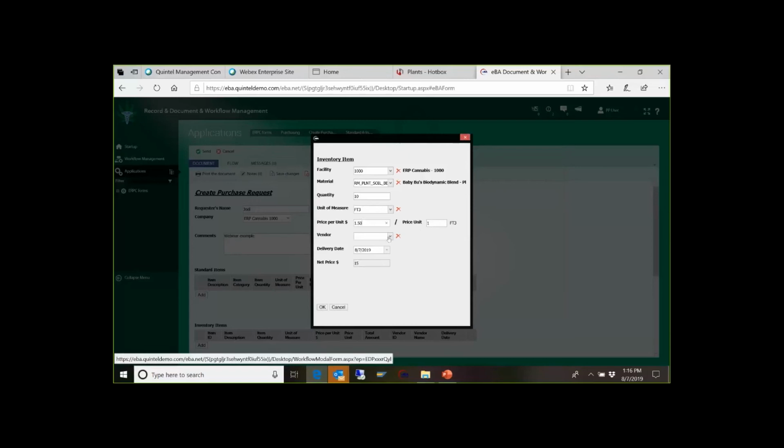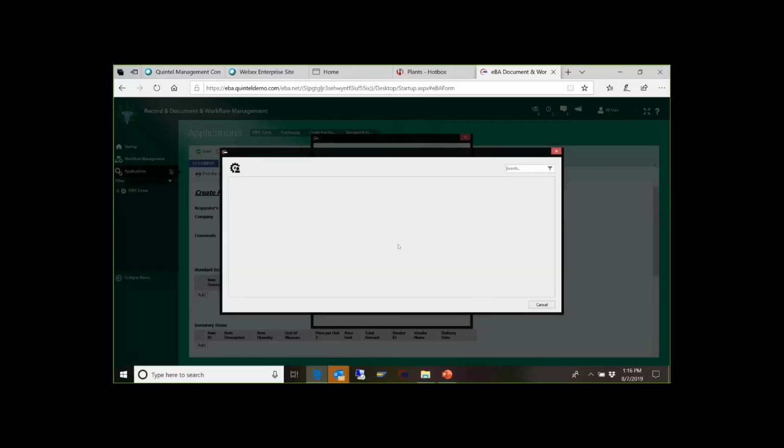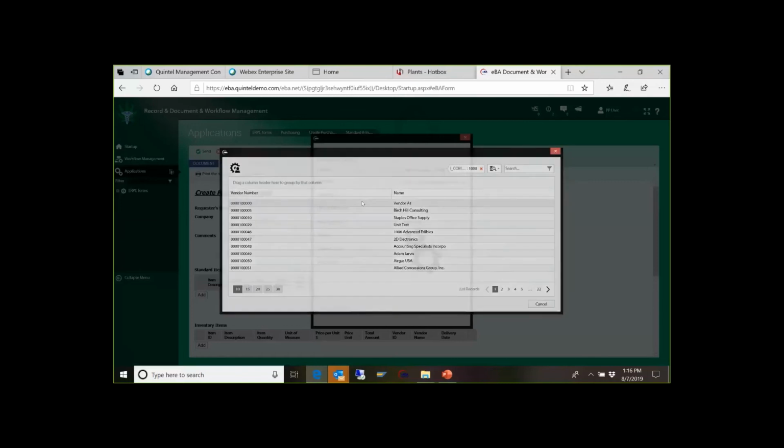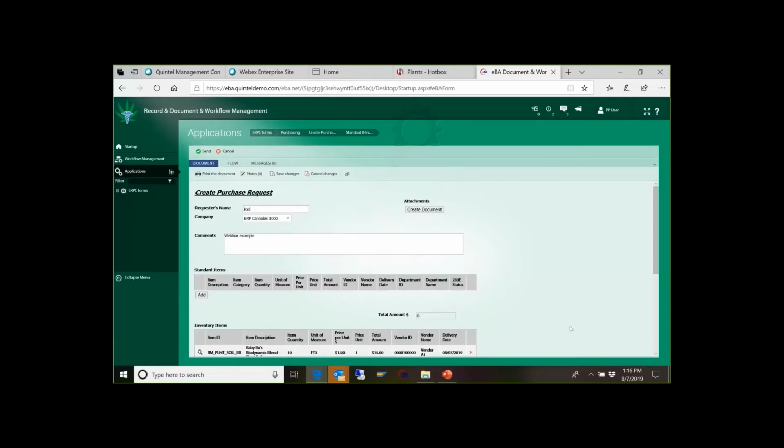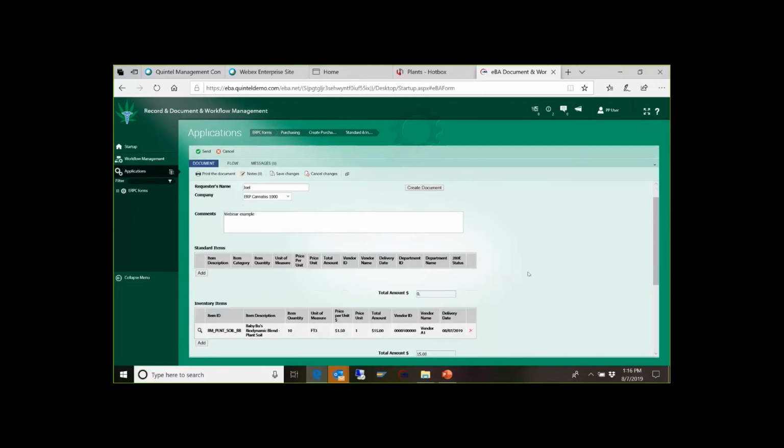So I can specify all the information that's needed. I can assign a vendor and then add that. So you can see based upon the form that item has been added, and I can add additional items, or I can add documents. That's the document management feature. If I need to attach specifics about what I'm requesting, I can do that at this point,